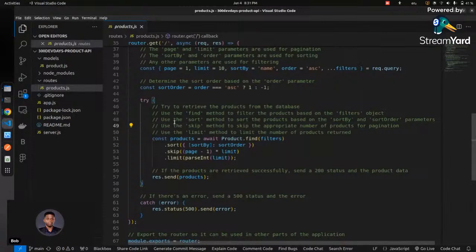Now, the next thing that is going on is we are chaining a sort function to our find function. So when we have found the set of things that meet our filter requirements, if it is just electronics we are looking for in this case,